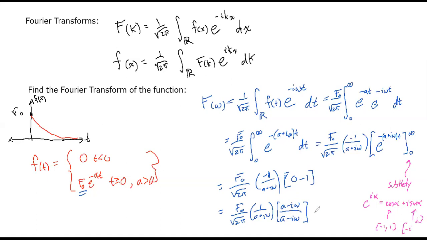So I'm going to multiply this by 1, but 1 is the complex conjugate of this. So this is the complex conjugate of that, not a plus i omega, a minus i omega, which will give us something that we can really easily just read off as complex part and non-complex part. So a plus i omega, all the gross stuff is in the numerator, and then when I crunch that out,